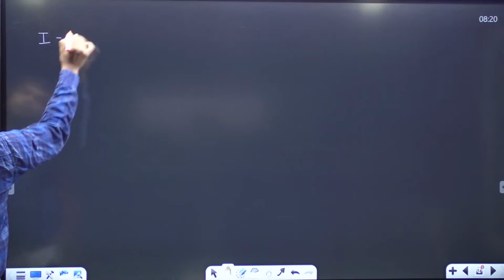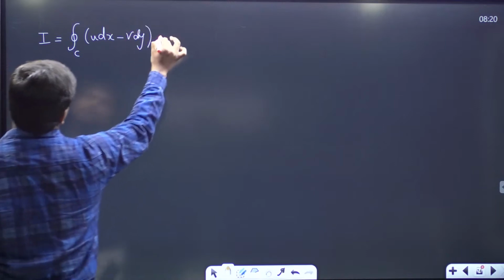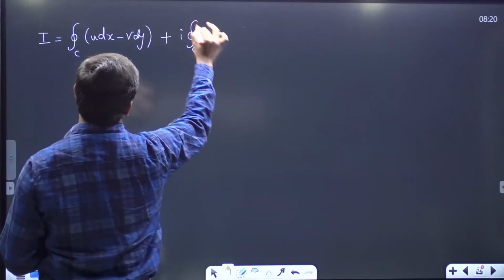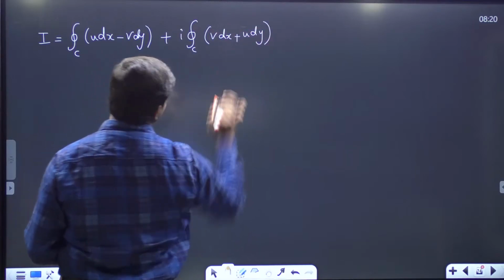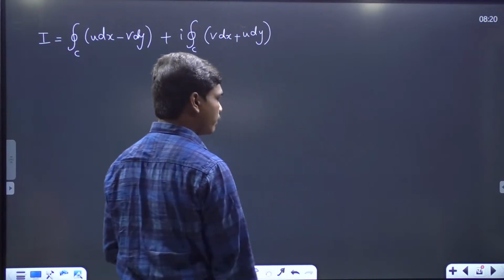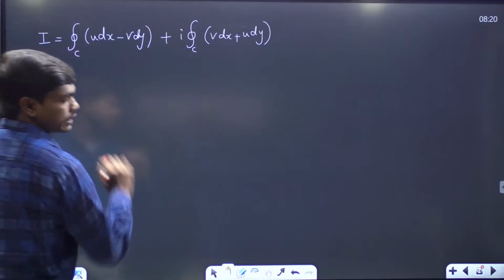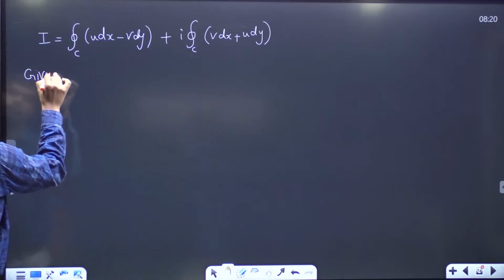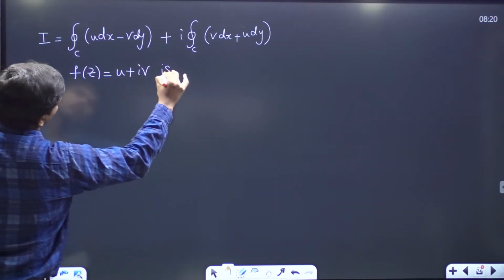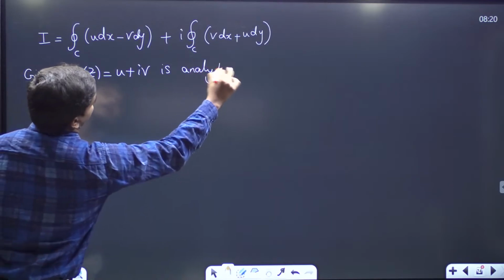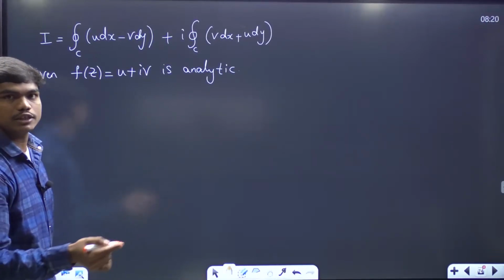I is equal to the cyclic integral over C of u dx minus v dy plus i into the cyclic integral over C of v dx plus u dy. Correct? Do we have v dx plus u dy? Okay. So see here, given f of z is equal to u plus iv, it is analytic. Now if f of z is equal to u plus iv is analytic, definitely it should satisfy